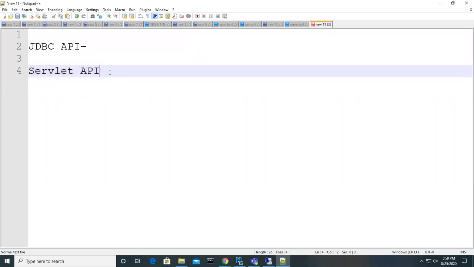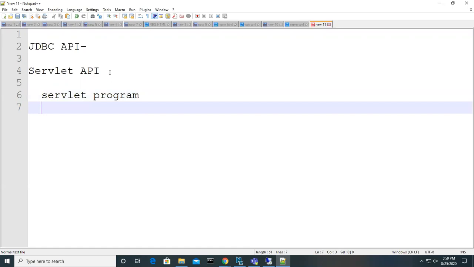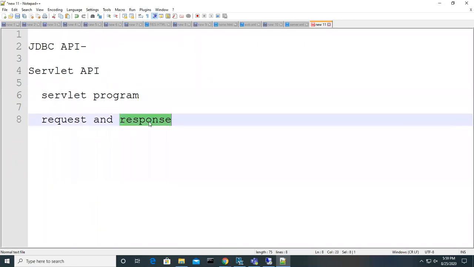That means by using this API, you will implement one servlet program. This servlet program will take a request and give a response.